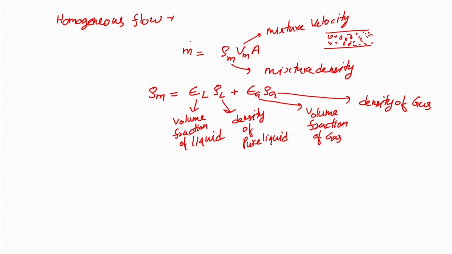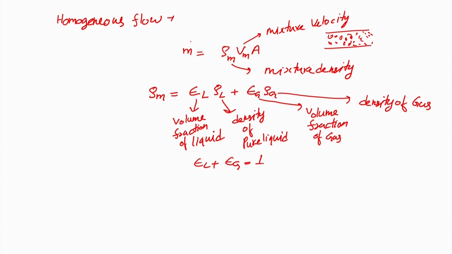It means if I know the volume fraction of the liquid and the density of the liquid, and if I know the volume fraction of gas and the density of gas, I can find rho m. And we know one more formula, and that is epsilon L plus epsilon G is equal to 1. So, if I know either epsilon L or epsilon G, and if I know the density of the pure liquid and gas, then I can find rho m. Now, the problem is how to calculate the epsilon